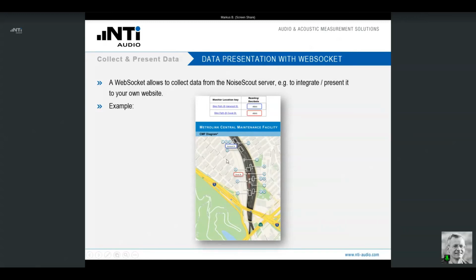Here we see a train station where two noise monitors have been installed, and the customer has integrated the data collected from these noise monitors in its website. So here you see the results. Anybody who opens this website can watch by himself the instantaneous status, the instantaneous sound level at these two locations.